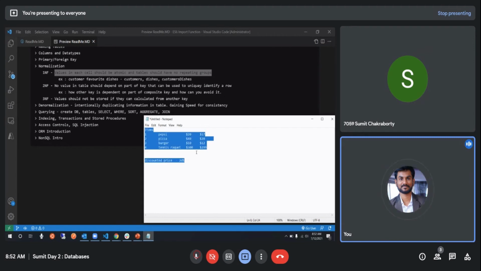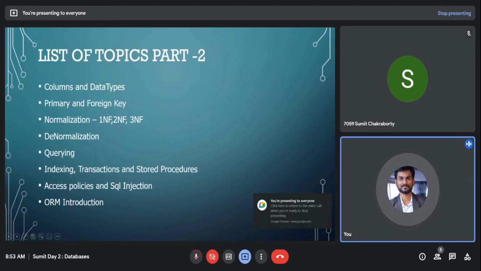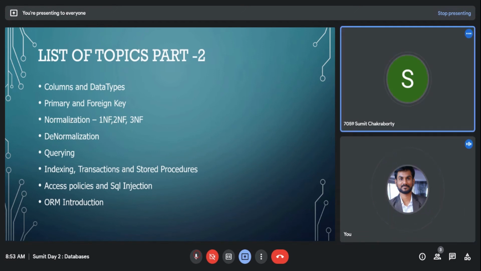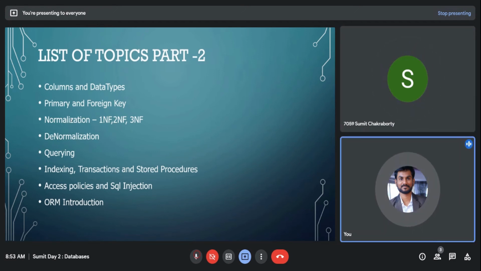And then finally, you have something called denormalization. Before we go to denormalization, let's learn the last property of normalization. Before you go for second normal form, your table should be normalized in first normal form. And then before you go to third normal form, your table should be normalized in second normal form, and so on. So before you go with the next normal form, it should be compliant with the previous one.